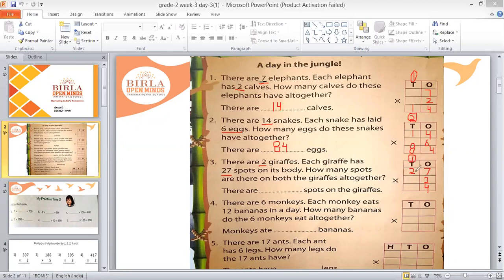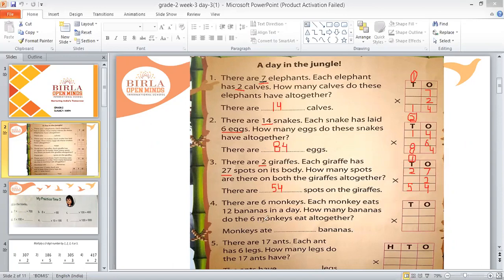Okay, now Shriman, tell me 2 twos are? 2 twos are 4, ma'am. So we will write 4 in tens place or any other number? 4 only, ma'am. No. See, this 1 is also there in tens place as carryover. So we will add this 1 also. So now tell me 4 plus 1? 5. Yes, so we will write here 5. So what is the answer? 54, ma'am. Very good. So answer is 54 and we will write this 54 in this blank space also. That's correct. Very good.